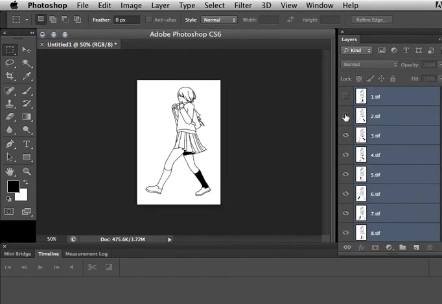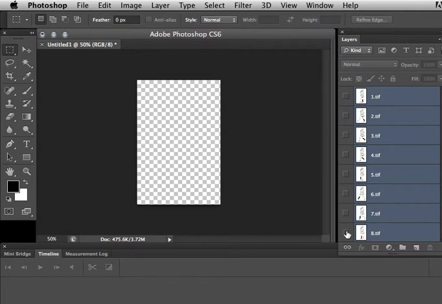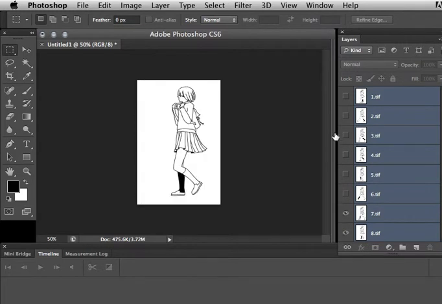So now if you were to look at each layer, it will be cropped, but if you do it properly, then none of the feet or arms will be cropped off. Okay, once you have this done,